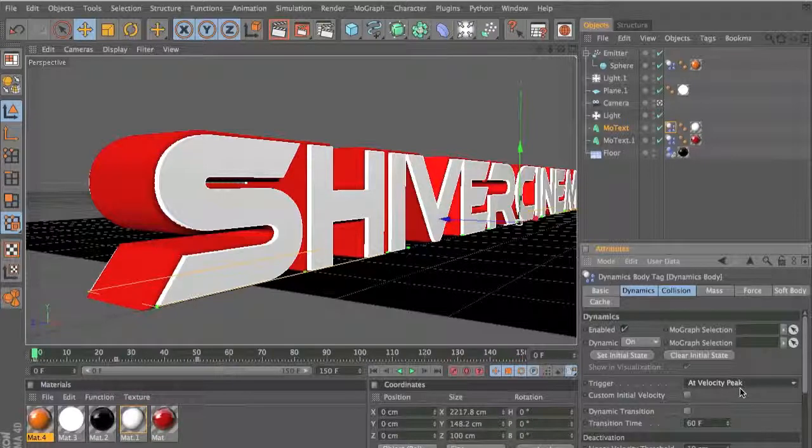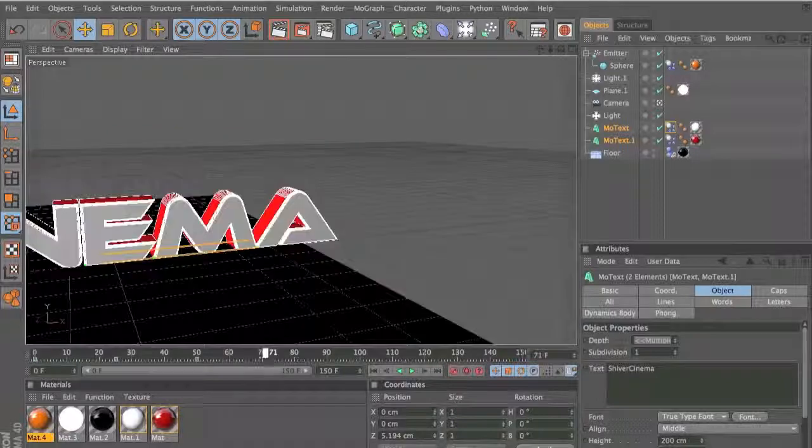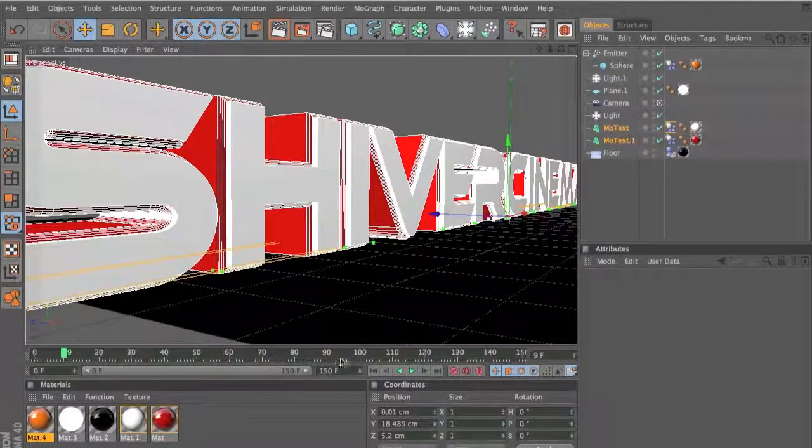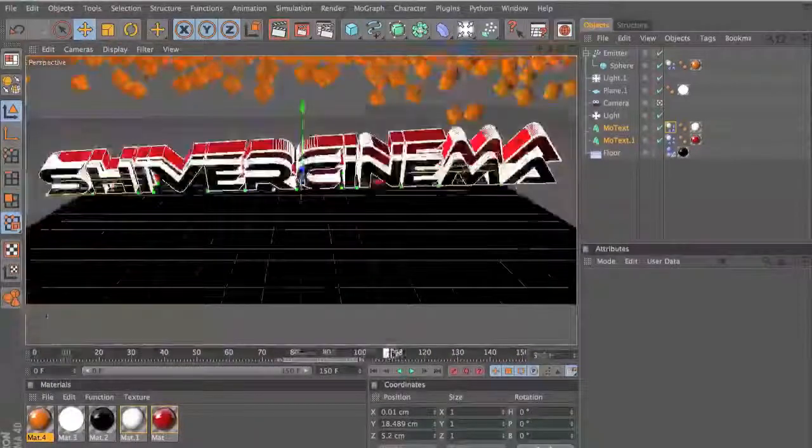Now we have to check that it's actually falling, because it was on going at a velocity too. So to make sure this doesn't break or fall or anything, I'm going to take these two right here and keep them from moving. I know that's what we did in the last tutorial, but that was just a tutorial. So now, since we have it at Velocity Peak,